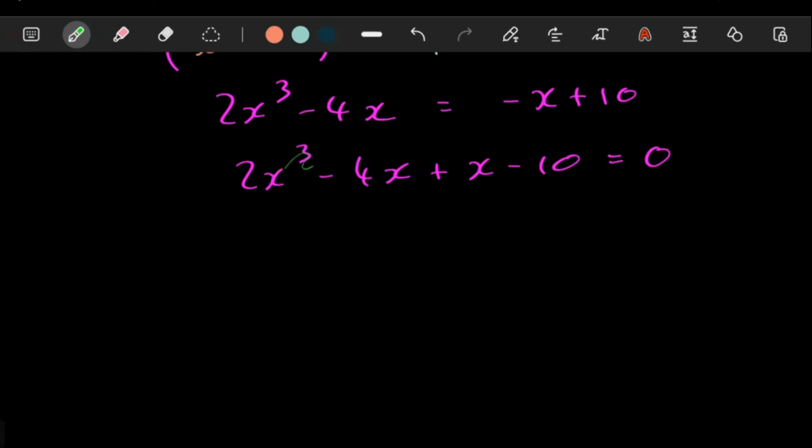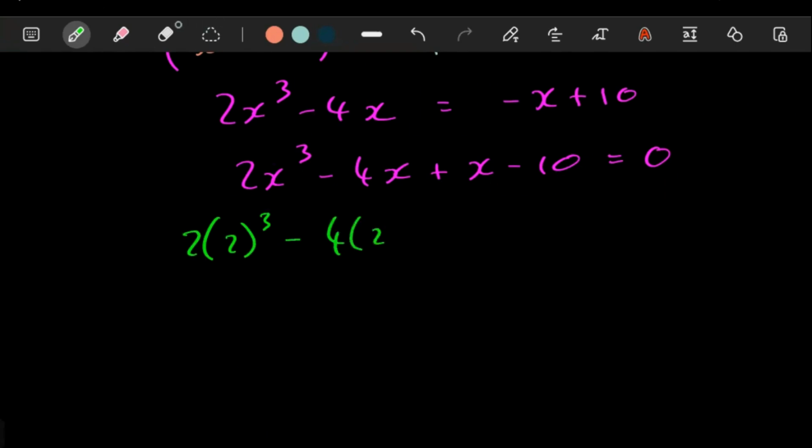2 cubed would be 8. 8 times 2 is 16, right? So 16 minus 8 here would be 8, plus 2 gives you 10, minus 10, that gives you a 0. Yeah, so 2 works. So if you put a 2 here, right,